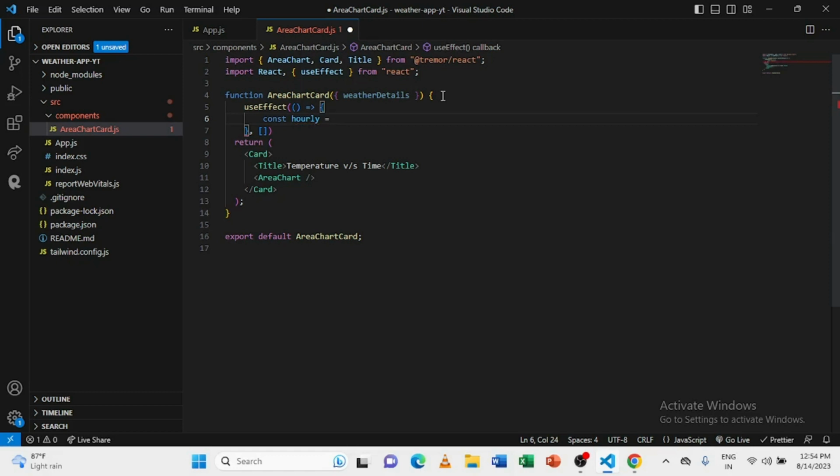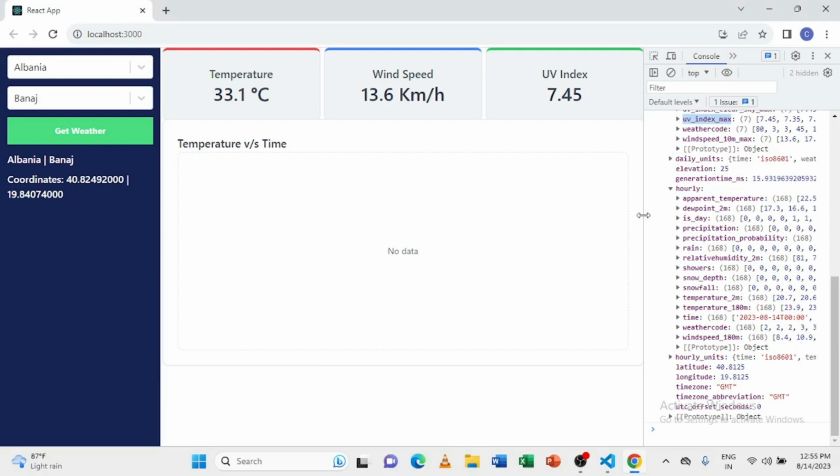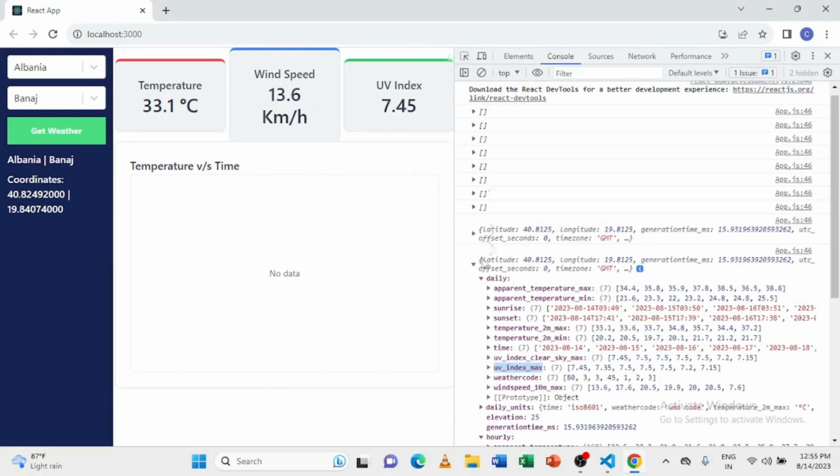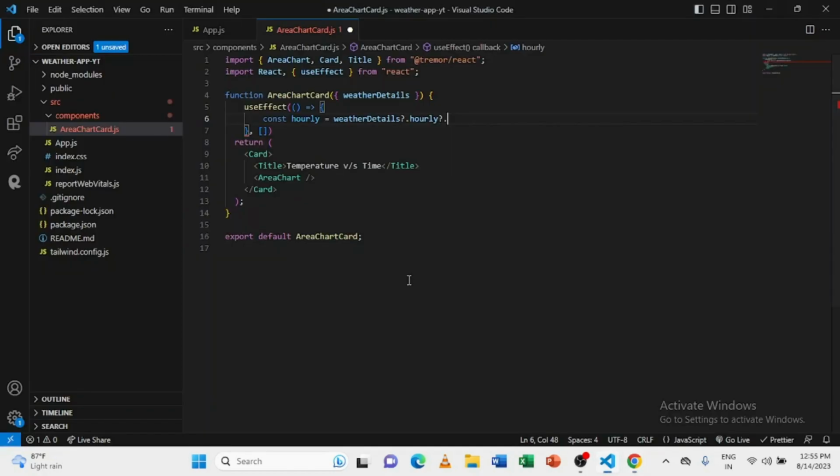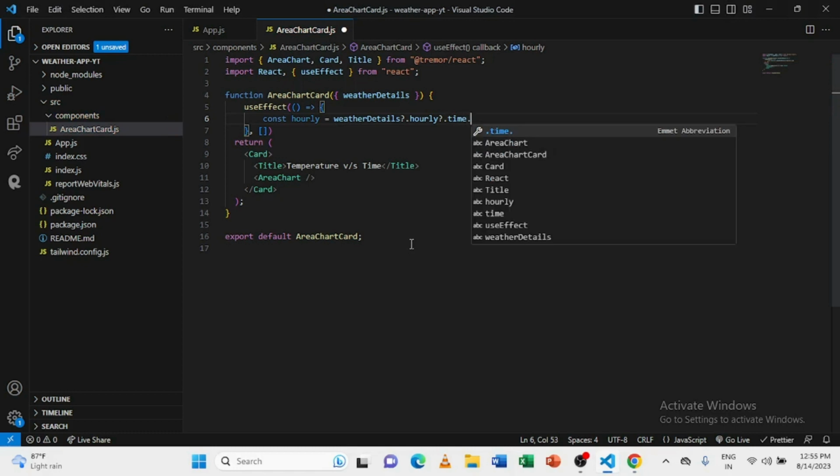So we can say weather details. It has something called hourly, and inside that it has something called, I think, time. So we don't need daily now. We need hourly, and inside hourly it has something called time here. Yes. So we can say time, and we can map through this time,